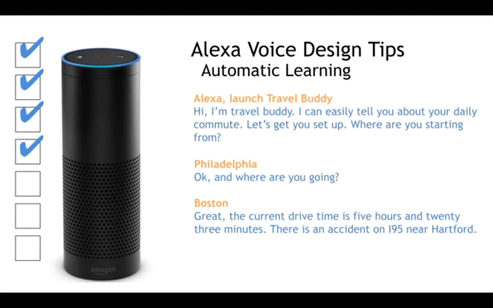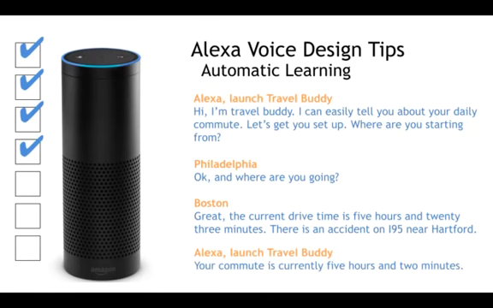I'll say Boston, and then it'll tell me, okay, it's going to take X amount of time, and this is why. So the first time, that is a great interaction, but you don't want to go through that every single time. The next time I launch it, it should be something like "Alexa, launch Travel Buddy," and then it should just say, "Your commute is currently 5 hours and 2 minutes." So it already knows the information